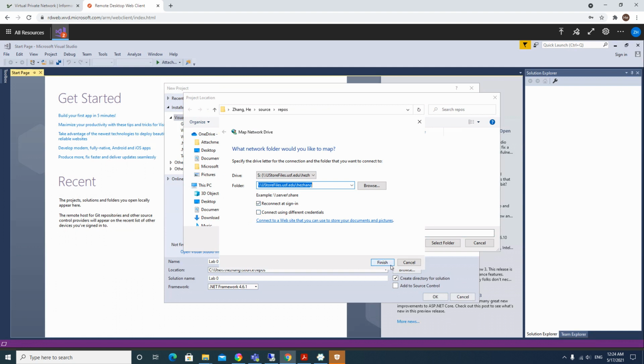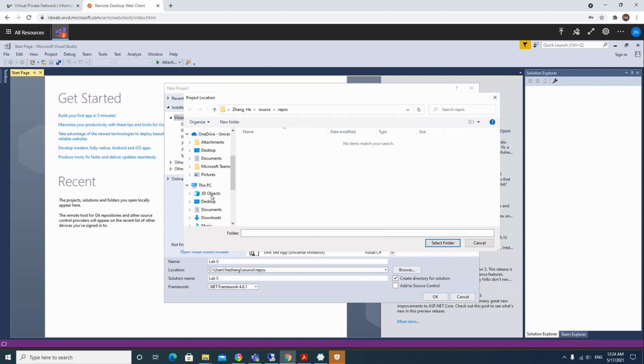Okay, if you click finish, I have done this step. When I click, I got a different message. When you click finish, you will be connected to the S drive, and this time you will see that under the location, your S drive is available here. You see here we have Windows C, temporary storage, system reserved. The CD drive are on the server. They are not the drives on your laptop. They are on the server. Okay. So you need to map the network drive to this server, which means we can access the S drive here,